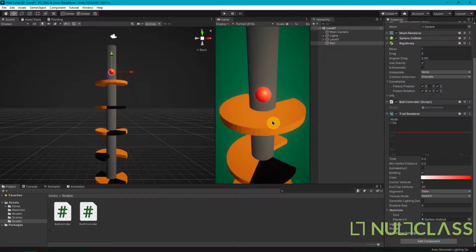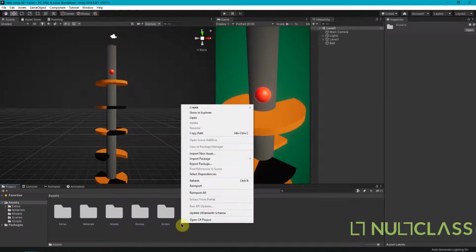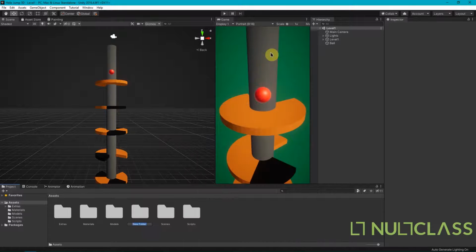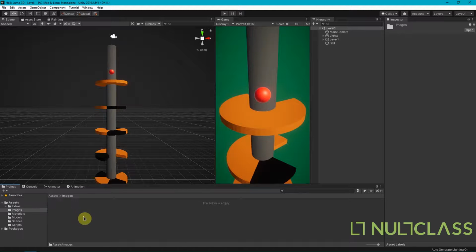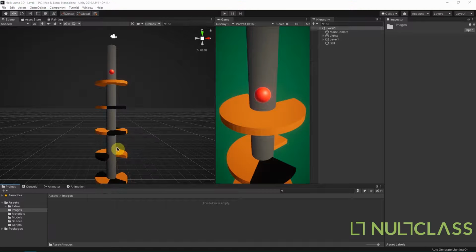Now we are going to make the splash. For that, we are going to have to make a new folder for our images because we are going to spawn an image where we want that to come. So let's go create a folder. Let's name it images, and this will have all of our images and also our UI stuff. So now then let's import new asset,